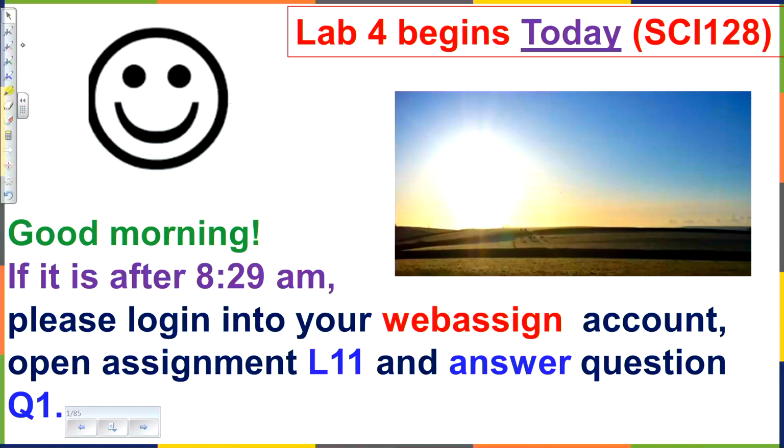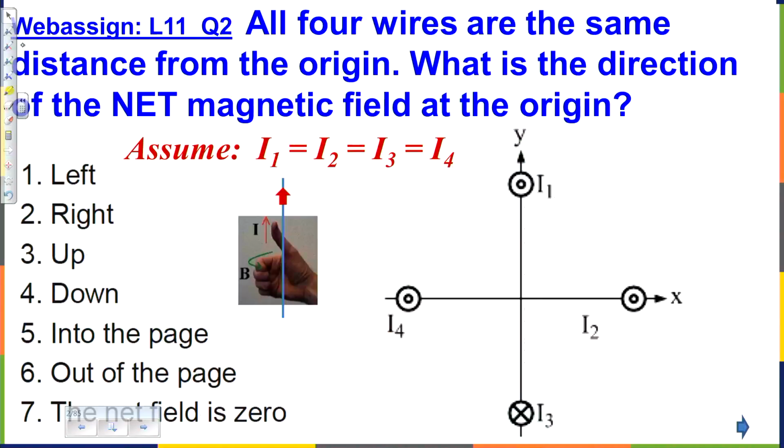Less than 11. And there's a question for you to think about related to the application of the right-hand rule. And I'm going to use this question